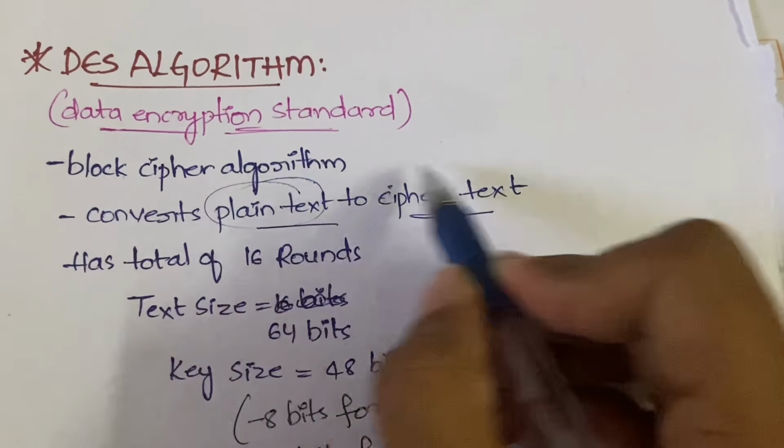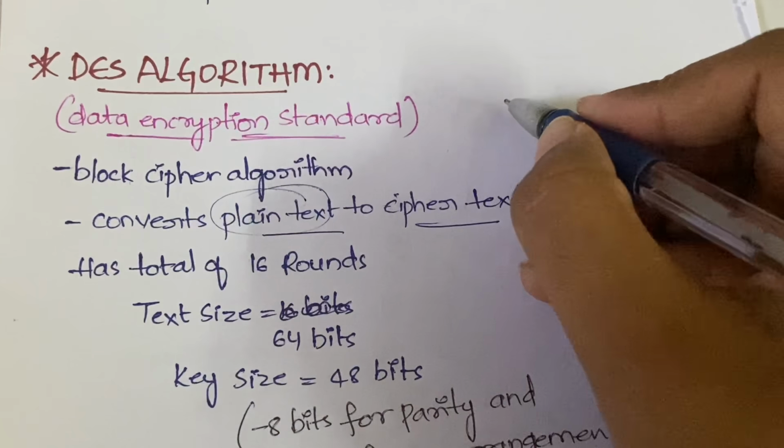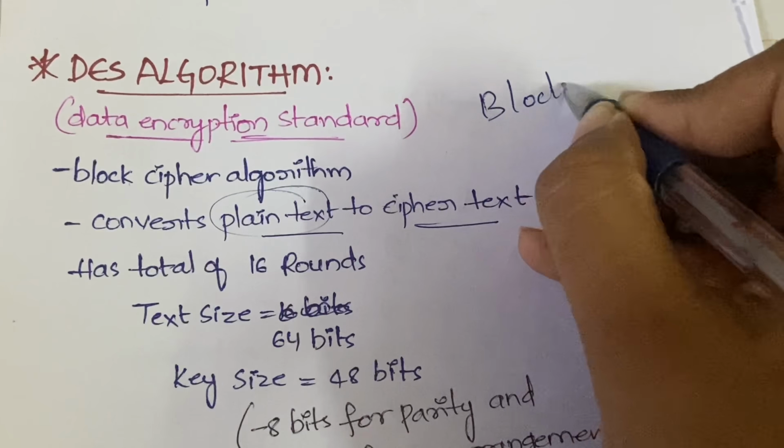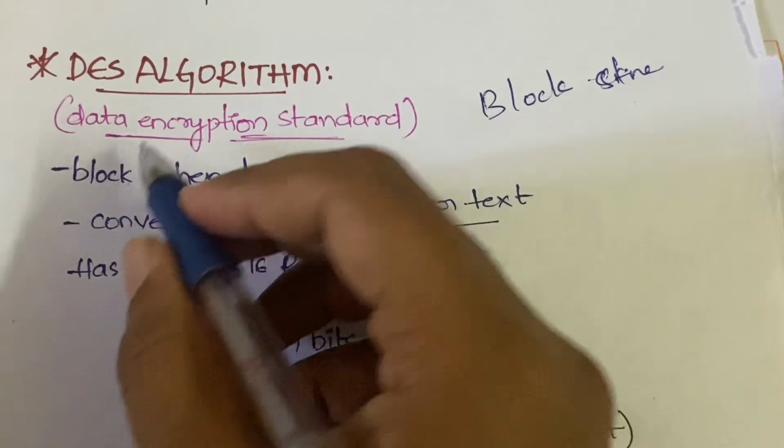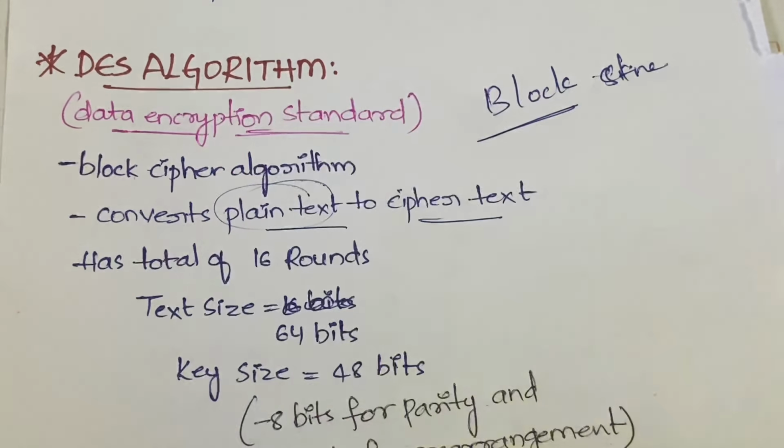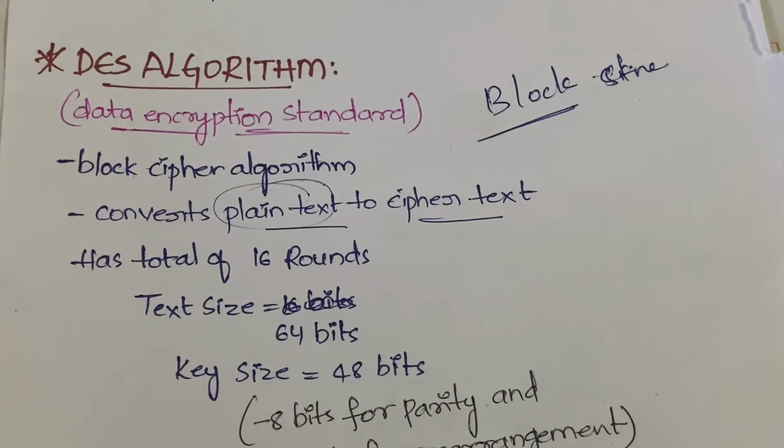And it is a block cipher algorithm. You have different types of ciphers, right? You have block cipher and stream cipher. In that, the DES algorithm comes under block cipher. We have DES, AES, Blowfish, RC5, IDEA. So we have so many algorithms under block cipher. Let us learn each of them in order. In this video I'm going to explain the DES algorithm, and in the next, the AES algorithm. Like that we will go in sequence. Okay, now let us see.